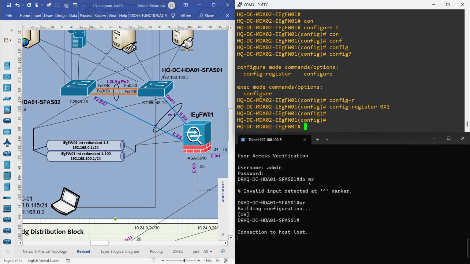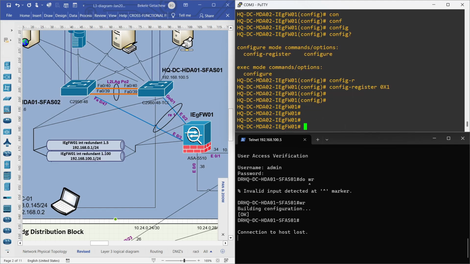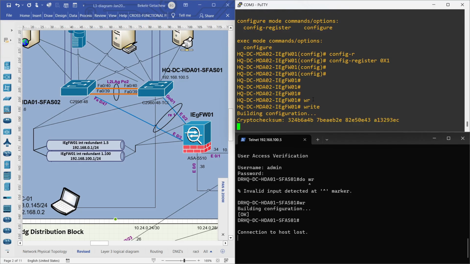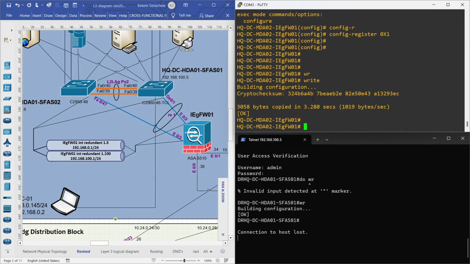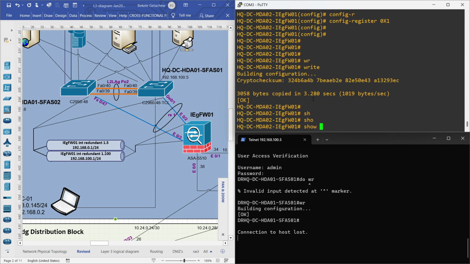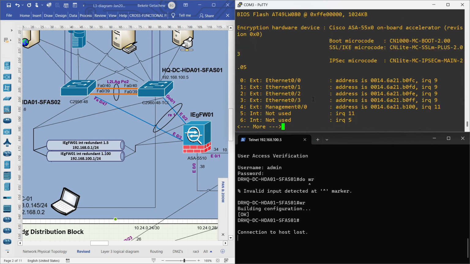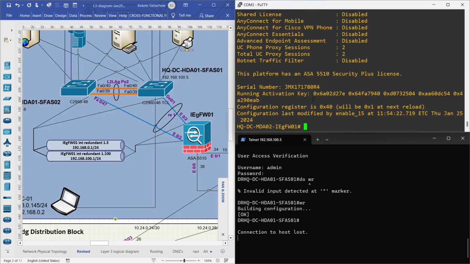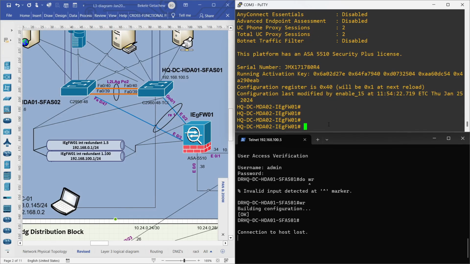Okay. Check. Let's write it first. Check the change, show version. Okay. The configuration register is now set to the default. When you reboot it, it will be changed to the default one. Okay. Now, let me take you to the